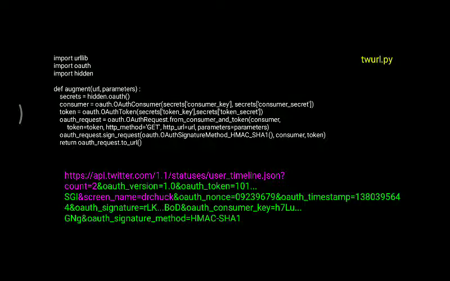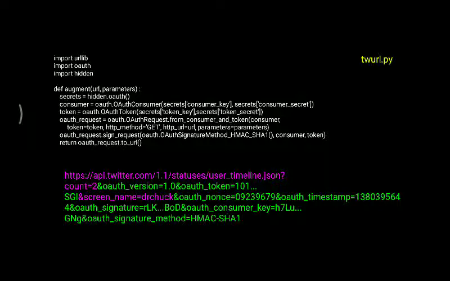Now you can see this. As I said, in Twitter2.api, you are importing twurl.py, so this file should also be in the current directory. What exactly does this file contain? Twitter URL. You have to import urllib, you have to import OAuth, which is there in the Twitter account, and you have to import hidden.